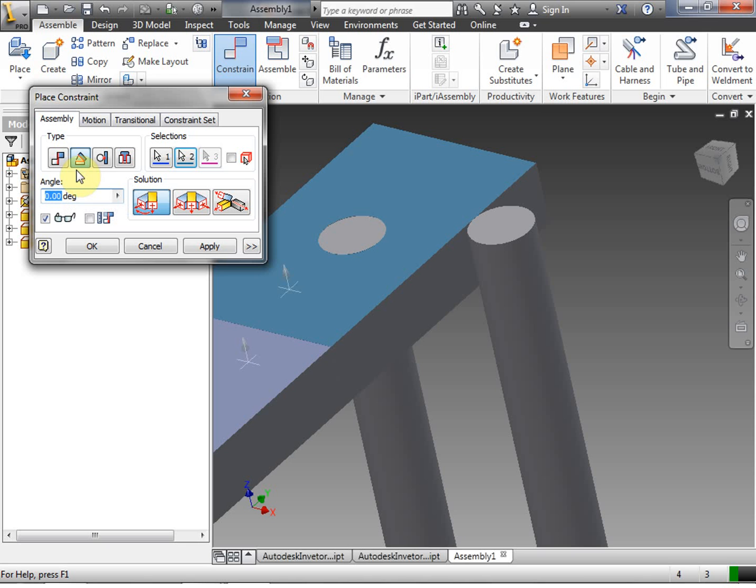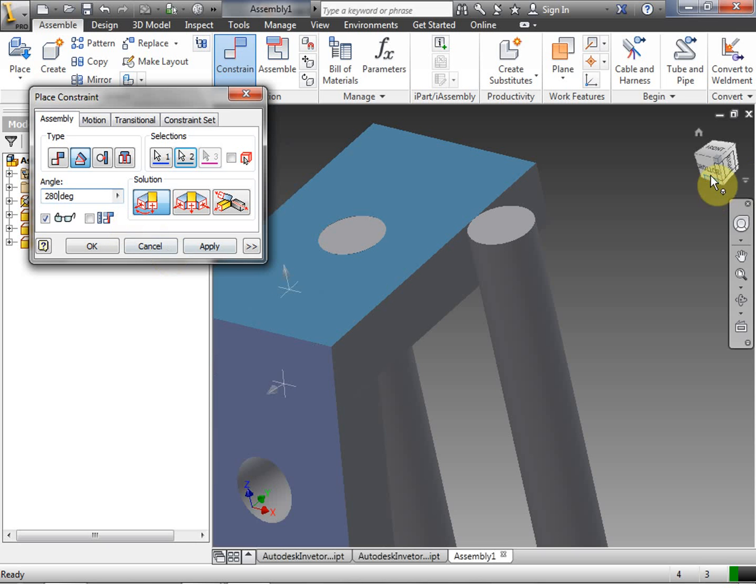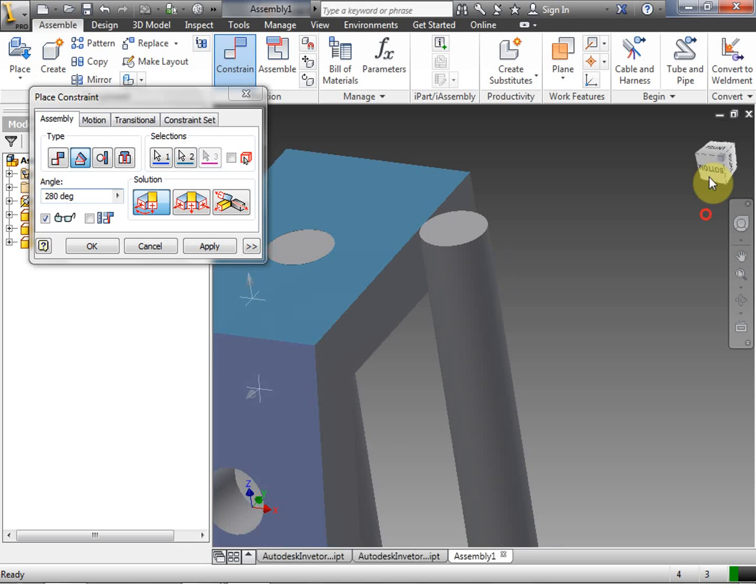Now let's take a look at how this works. So we're going to put in 30 degrees. Okay, and notice that 30 degrees from 0 means that I raise this block up. So if I go 90 degrees, okay, that's going to create this 90-degree angle. And remember, it's on a 360-degree rotation. So let's say that I put 280 degrees. Notice that it would spin all the way around and I'd get this kind of